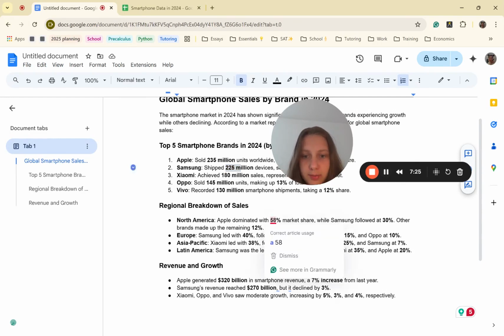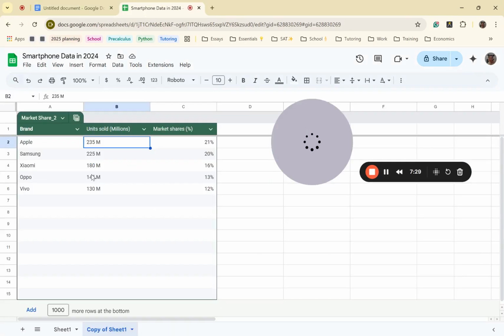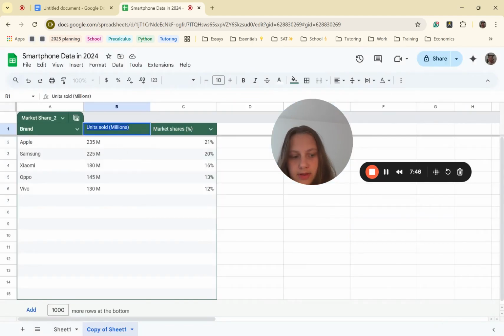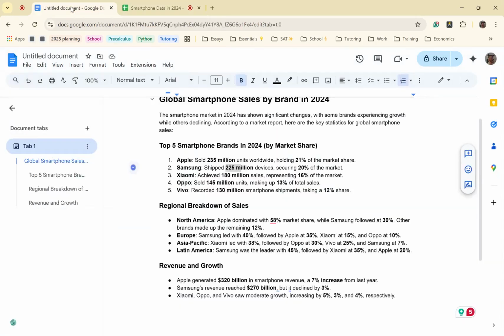Okay, so I am thinking to do brands on the side, and on top we will have the regions. Fantastic, correct? Okay. Let's see. That would be, for example, let's have, what is there?